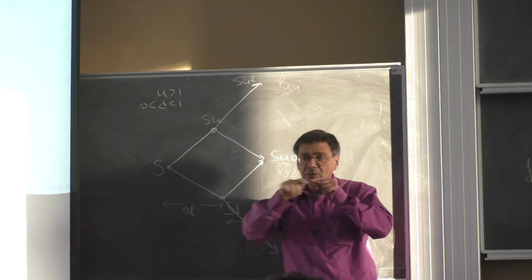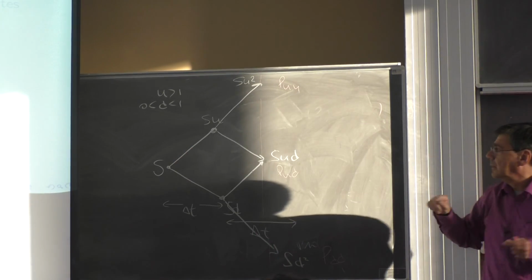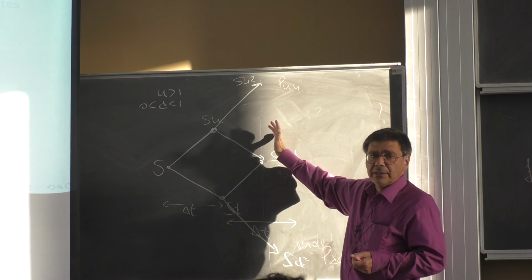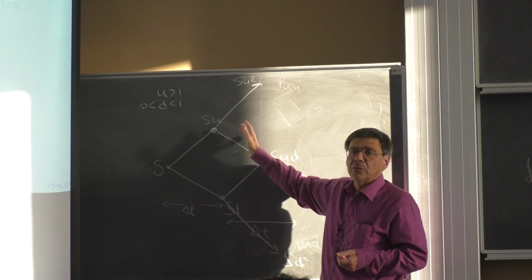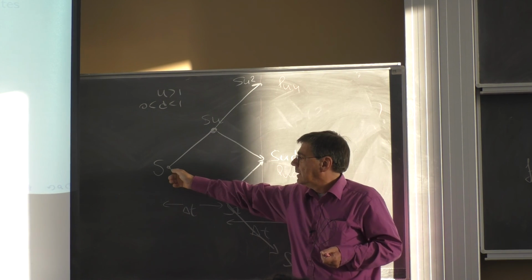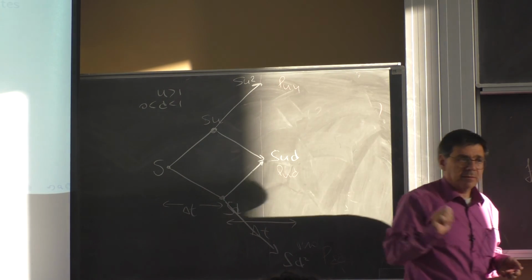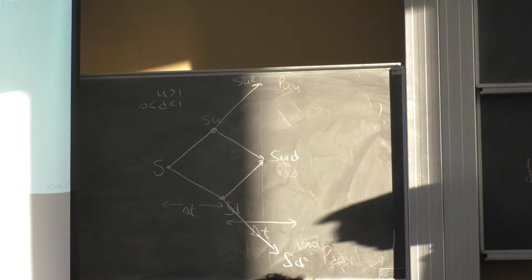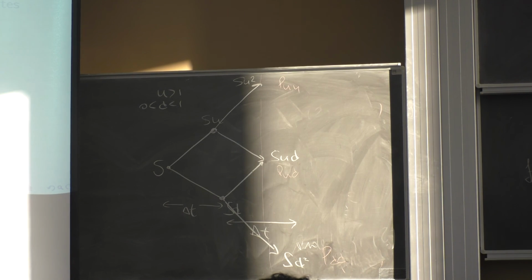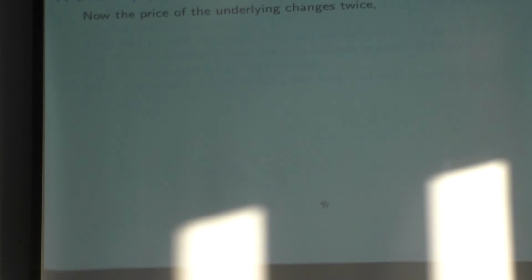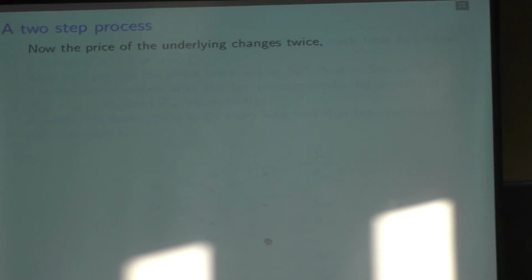Okay? So I can use this very simple model of the world to go my way back from the last step in time to the previous step in time to the previous step in time until I can go all the way back to the present and find the price of the derivative there. Now, if you have no clue what I'm talking about, that's okay, because I'm going to do this in a bit more detail now. So let me start telling you the details of this calculation, then we'll finish this next time. So I'm going to complicate the world a bit.